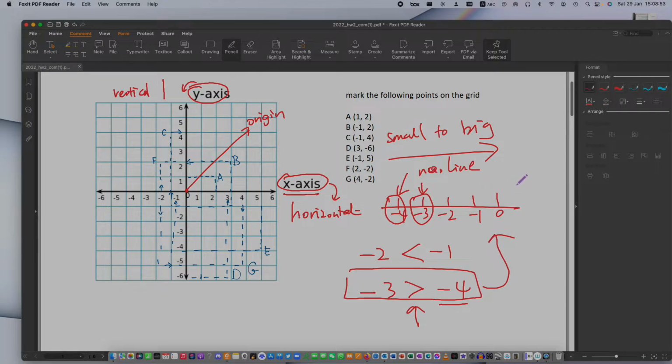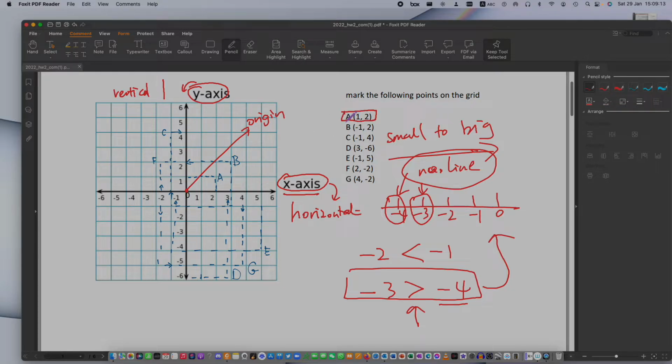So when you compare negative numbers, please give yourself a number line. What did I say? How to compare negative numbers? Give yourself a number line. Exactly. With the number line, it's very clear which one is bigger. Okay, very good. Now let's look at how we find